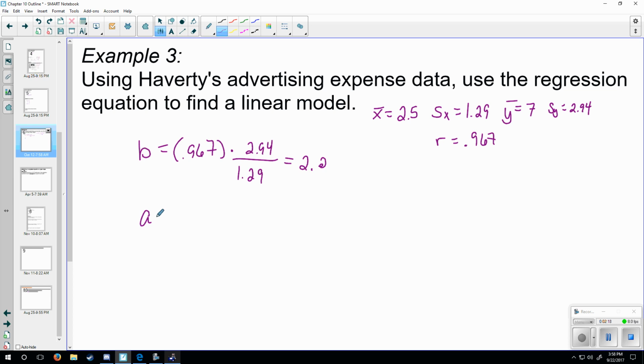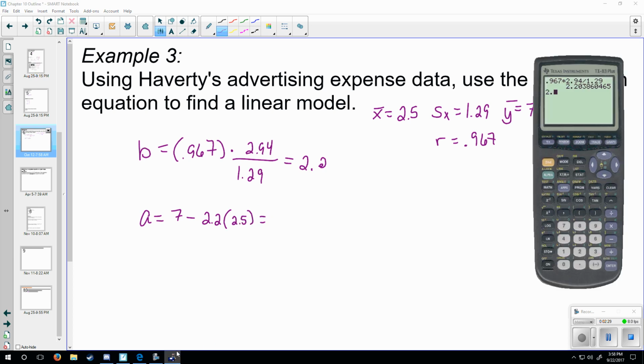And a is equal to y bar, 7, minus b, 2.2, times x bar of 2.5. So that would be 7 minus 5.5,